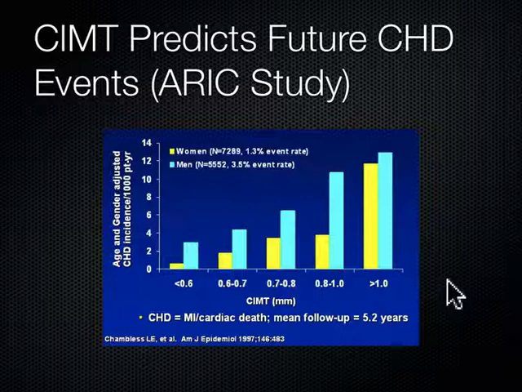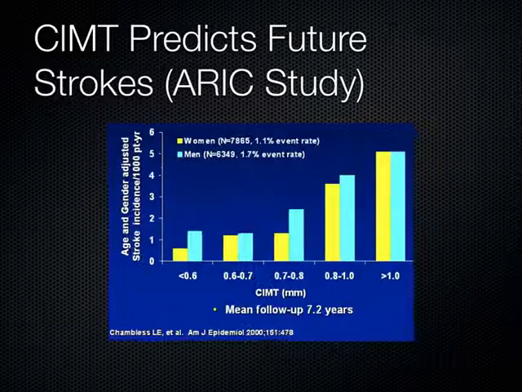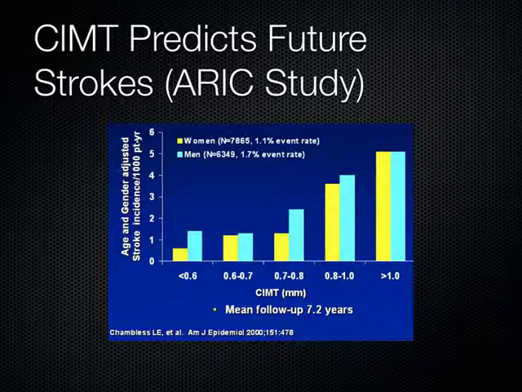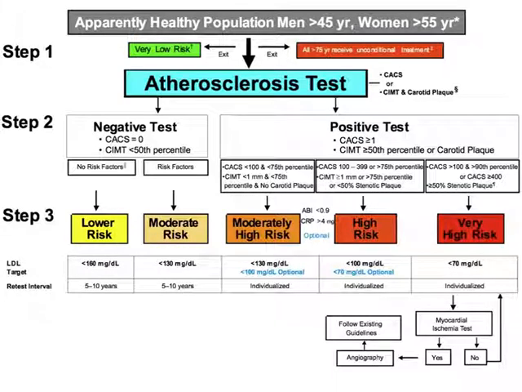1.0 millimeters of intimal medial thickness puts your patient at a high risk for having not only a heart attack or sudden death, but also a stroke, as this other arm of the study showed. So we get to that magic number again, 1.0, and males and females both are at high risk for strokes. That's what it means to be a surrogate marker, the CIMT. Primary care doctors can use this information. They can put it into a risk stratification pathway, or algorithm, and decide if they're going to put them on a certain type of anti-lipid agent and a certain type of antihypertensive and watch these people